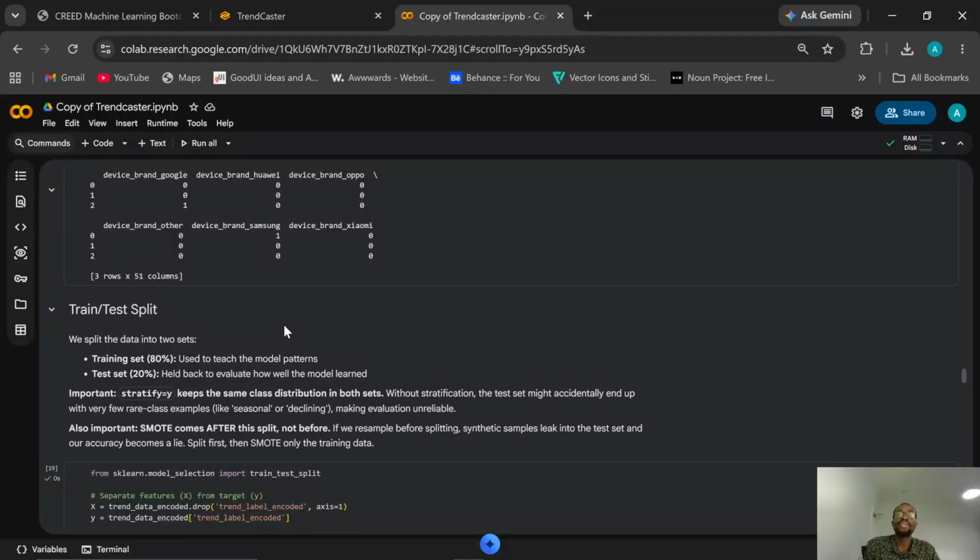Because you cannot train your model with 100% of your data. If you do, there is no way to test if the model is actually working. There is 70-30, there is 80-20, there is 90-10, but the standard practice I would encourage is the 80-20 split.